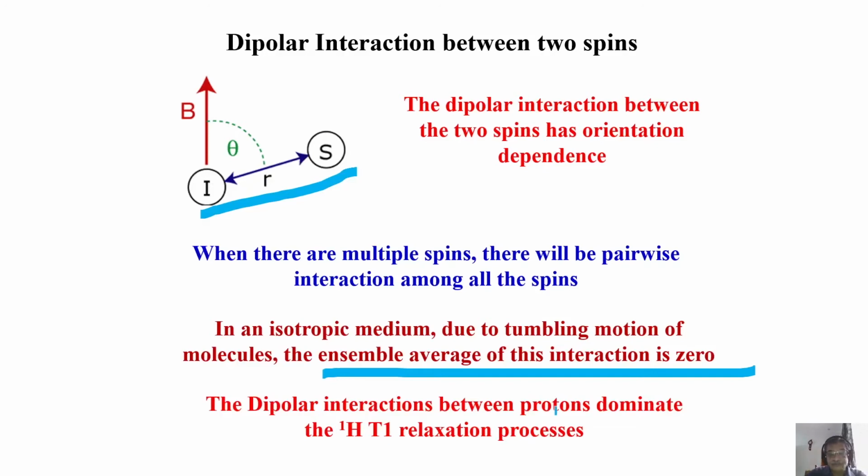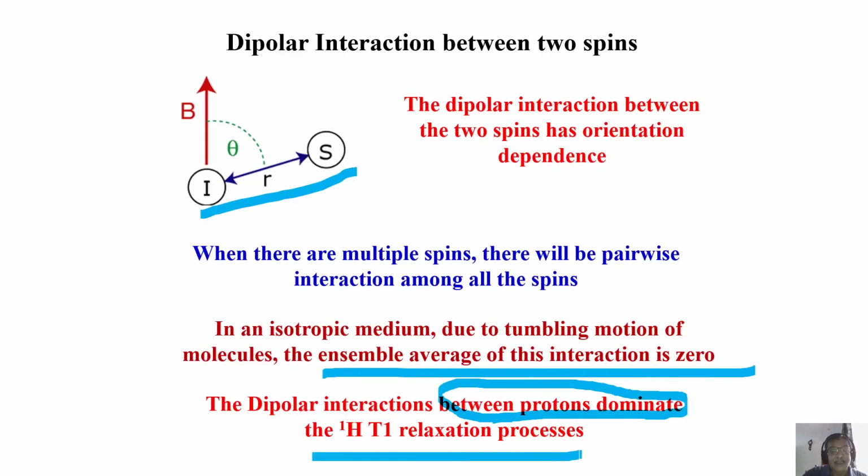But dipolar interactions are present that will aid the relaxation process. Dipolar coupling may not be visible in the solution state, but it is going to help the nuclear spin to relax. So it is a dominating mechanism for relaxation. Dipolar interaction is a dominating mechanism for relaxation of the nuclear spins, so it aids in making the nuclear spins attain thermal equilibrium.